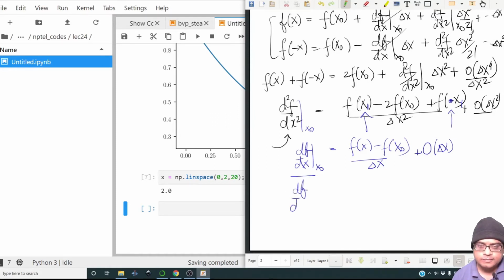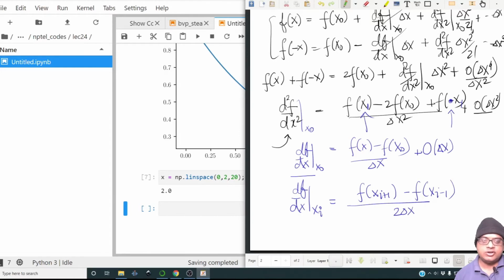to do it is going to be f of I plus 1. So if I call this df/dx at xi, it's going to be f at xi plus 1 minus f of xi minus 1 by 2 delta x. Essentially, it is saying